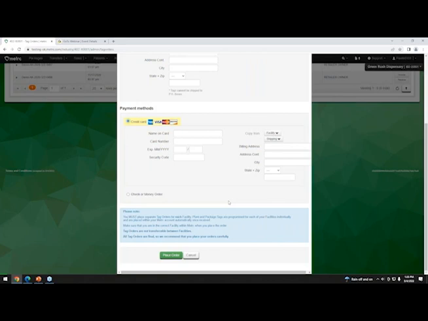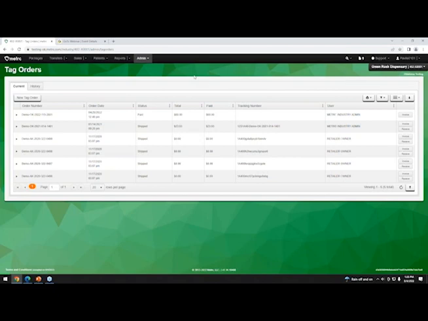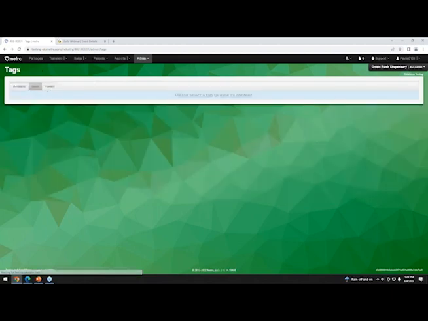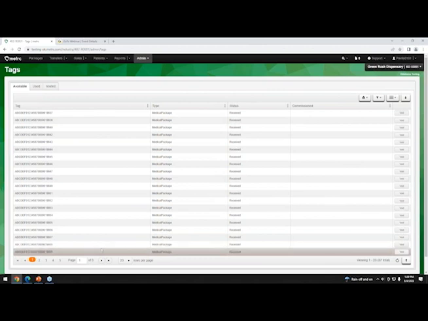The other thing I will note here, so that's how you order the tags, is that once you order them, and it gets shipped, you will be able to receive them on the far right-hand side. Just because they shipped and you can receive them does not mean you should. If you receive them before they come in, they will go into your active inventory, so you may end up using them and assigning them before you actually have them on hand, and that can lead to some logistical nightmares of having to go through and find those tags again.